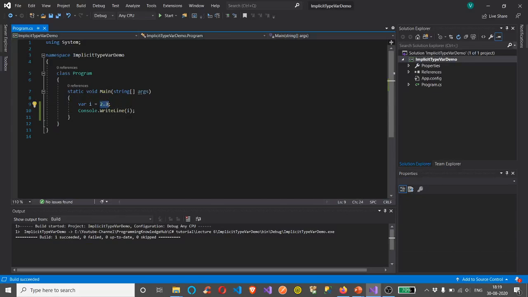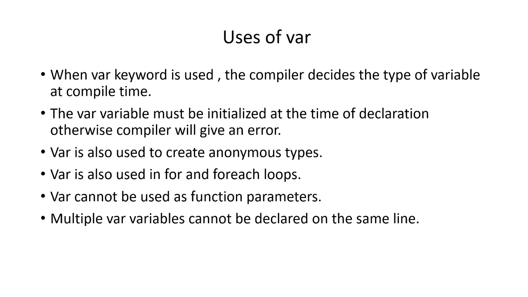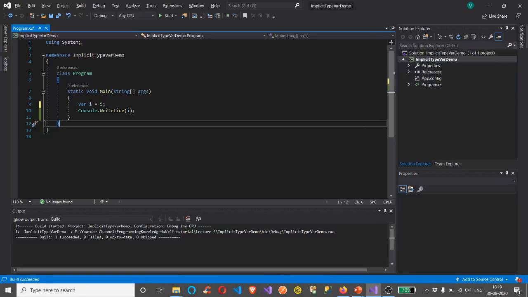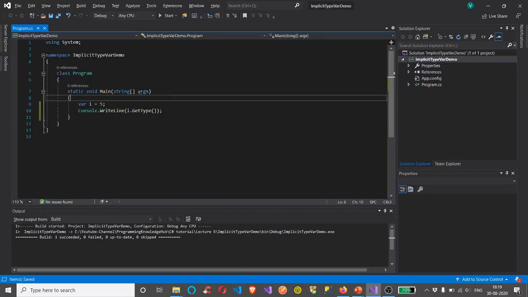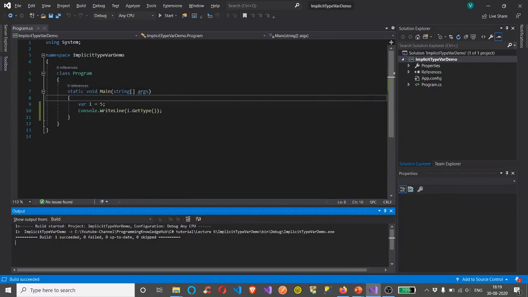If we assign the value 3, it will say the data type of i is System.Int32. Let's see it in action. If we assign the value 5 to i and get the type of that variable, the compiler should give System.Int32. Yeah, see, the compiler is deciding the type of that variable based on the value assigned.